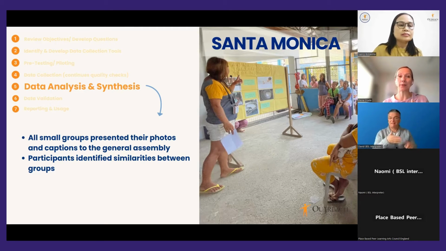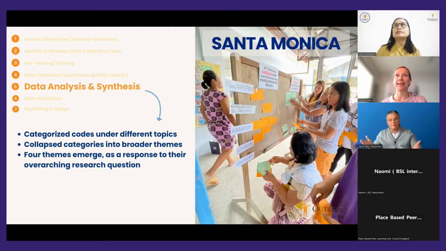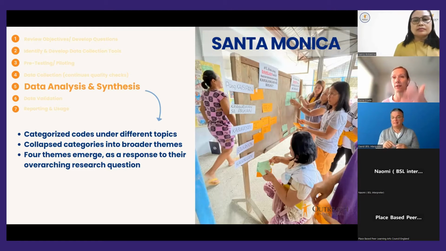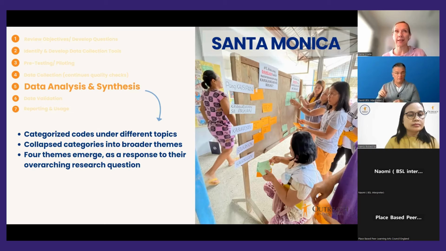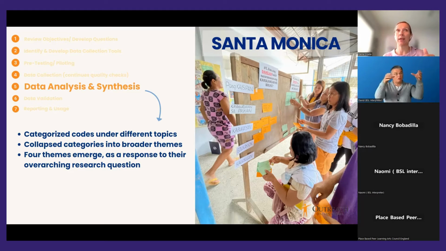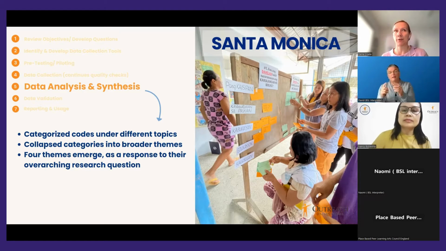Agnes also facilitated with them the analysis of these different data sets. That involved the group identifying overarching categories for their data. They then collapsed those categories into smaller categories. And then, as an additional step after having those categories, they further collapsed them into overarching themes in response to the questions.